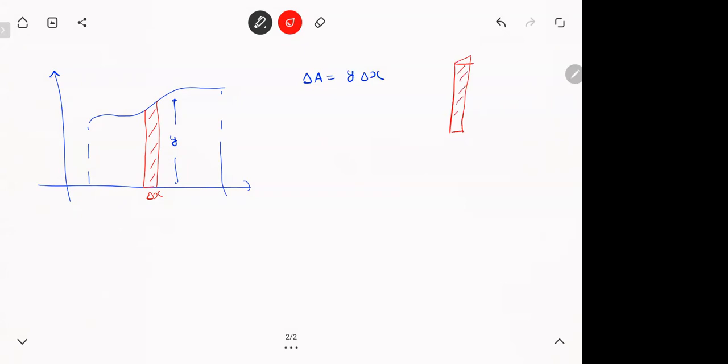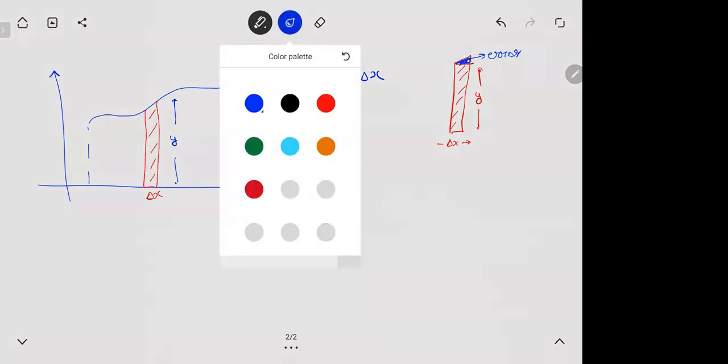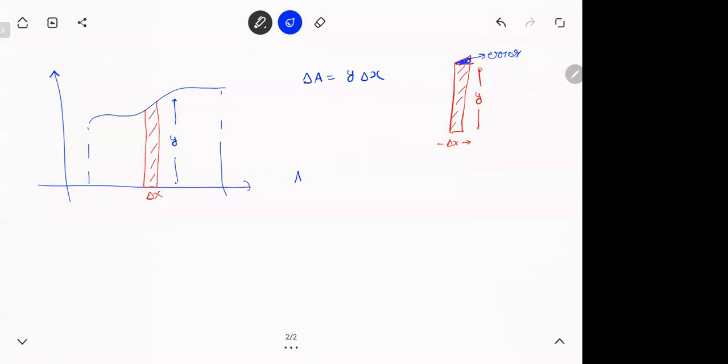But the only issue is when I do this, the one in the blue part becomes the error, isn't it? Because this is y, this is delta x. You're treating this like a rectangle, but the problem is it's not a rectangle. Because of that small piece on the top, the curvy part will become an error. So when you want to find the total area, you're going to add up all these areas, delta A1, delta A2, delta A3, and so on till delta An. It means you divide this entire region into n pieces and you add them.